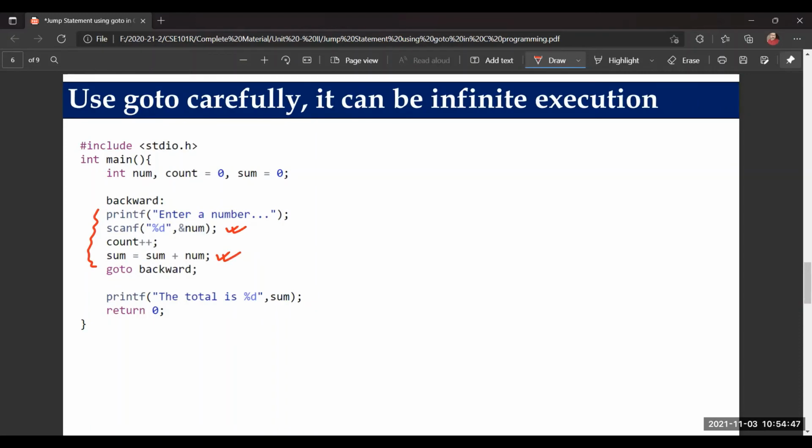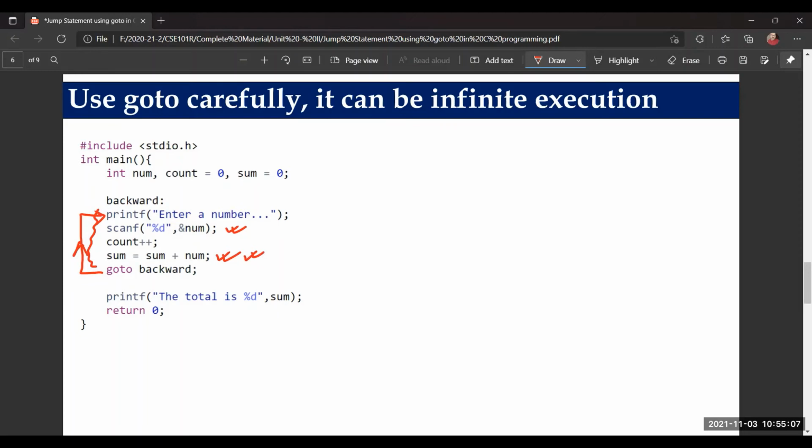But look here, I have now implemented it using a backward goto. It is not a forward goto, and there is no condition for when to stop taking input. Once it performs the addition, it will go up again and again, because there is no condition to break out of this.